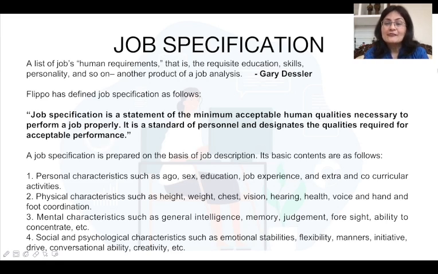For a frontline manager or a customer care executive in a bank or an insurance company, you need a person who has manners, who is flexible, and who is ready to smile even when the customer is shouting at him. So for every job, there is a different kind of ability, a different skill which is required. If you are at the reception of a hotel, you need to be smiling even when the customer is not happy with you or the facilities or the things that you've provided at the hotel. You need to settle him down.